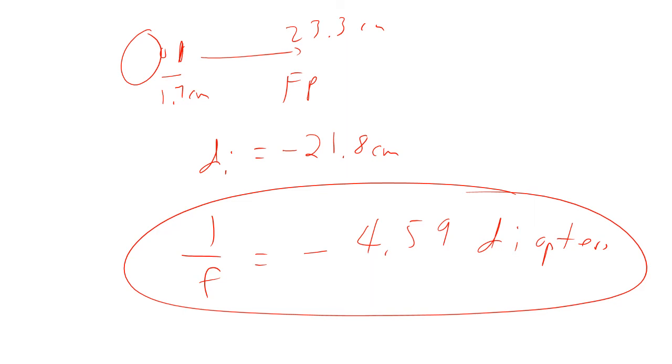Notice that we have a negative focal length in all these cases. What does a negative focal length mean? Well, a positive focal length is going to be a convex lens. A negative focal length is going to be a concave lens. So this is exactly opposite for mirrors. So for a convex lens, the focal length is positive, and the focal length is less than 0, or negative, for